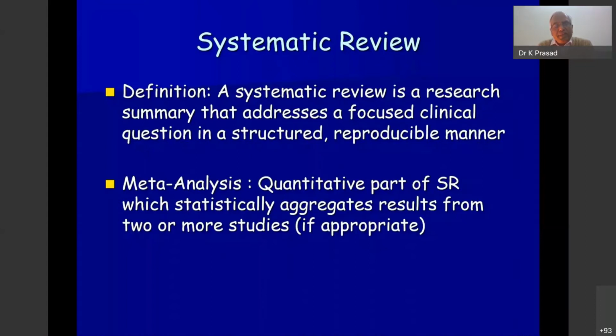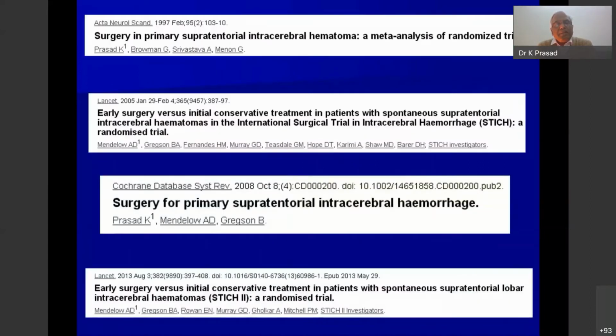We recommend, everybody recommends, that meta-analysis should be part of a systematic review, and not always. If there is only one study, it is not required. If it is purely on qualitative studies, then meta-analysis is not required. But if it is based on studies which are quantitative, and there are 2 or more studies, then meta-analysis is required. And one of our own stories is that when I was at McMaster University, Canada,